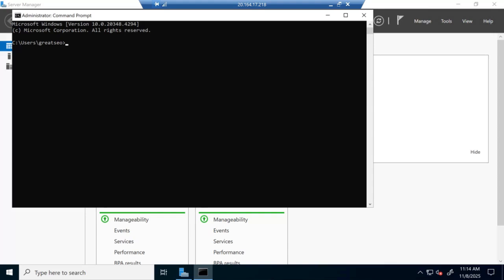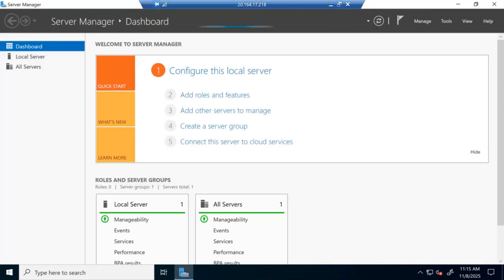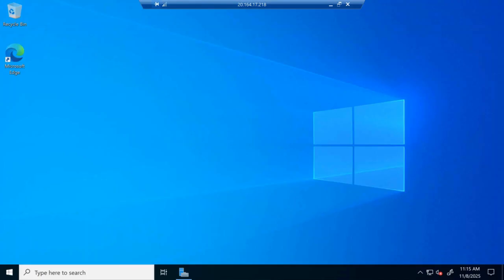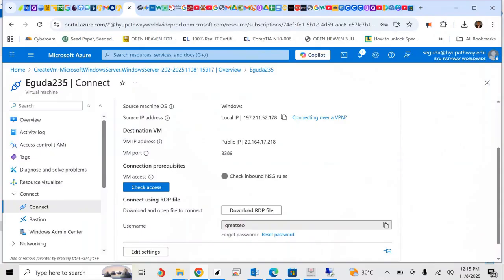Then you also have Microsoft Windows version 10.0.20348. So this is the version of Windows we are using currently here. So we can just minimize this, then fall back to